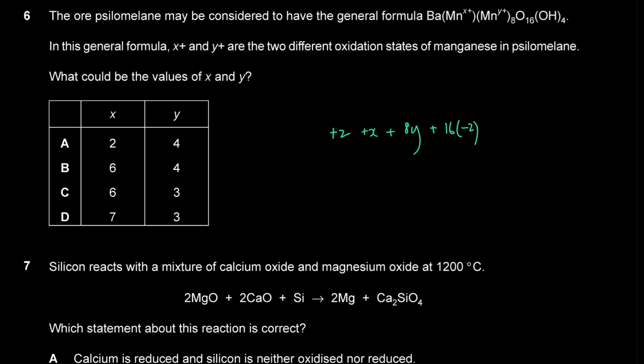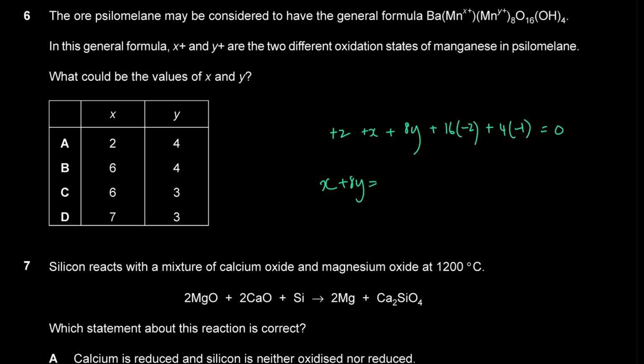And then we have 4 OHs, right? 4 hydroxides. And we know hydroxide is just negative 1, so we have 4 times negative 1 here. And the overall oxidation number is 0, okay? So then what we get is X plus 8Y as the overall oxidation number of all the manganeses